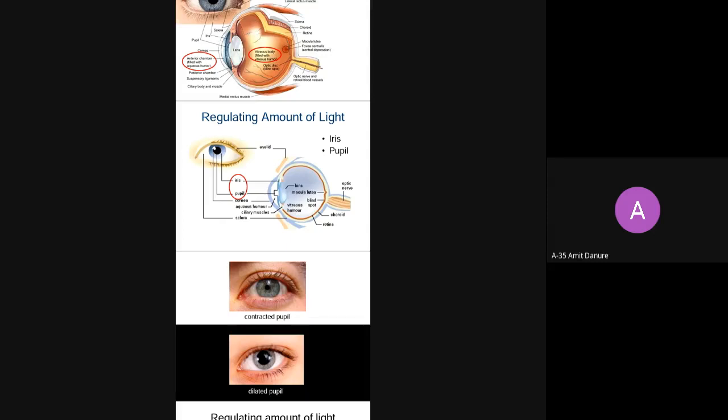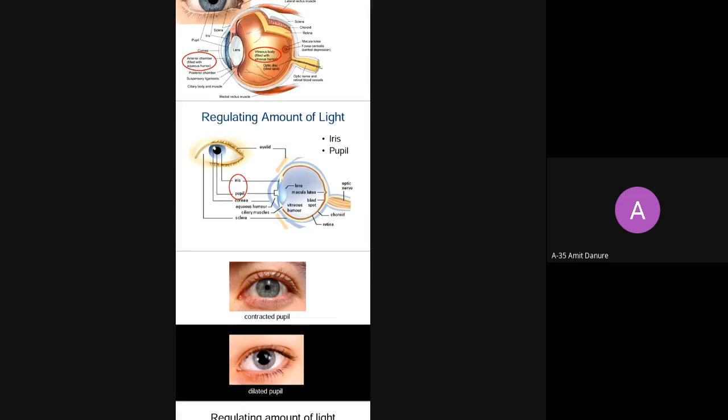Whatever object we are observing, okay. Now there is a dark room, and if we enter into the dark room, we cannot identify any object, right? Why? Because there is no sunlight, there is no incident light. So if there is no light, we cannot observe any object. If we enter a dark room, we cannot identify any object in it, because there is no sunlight.